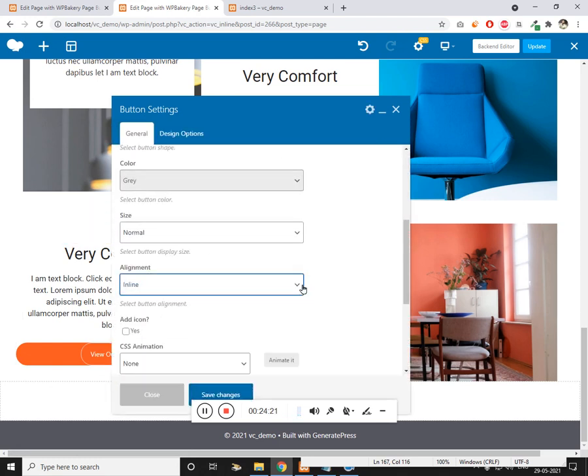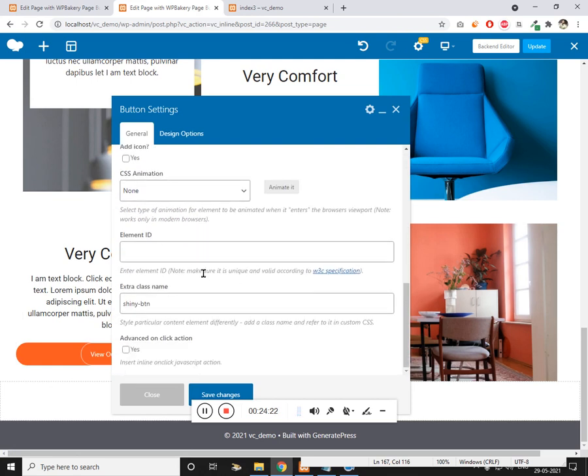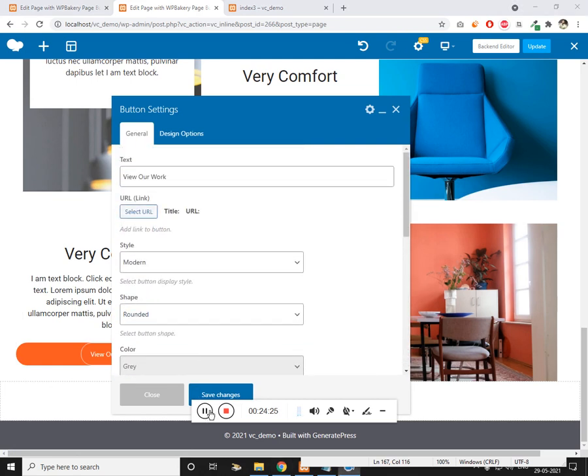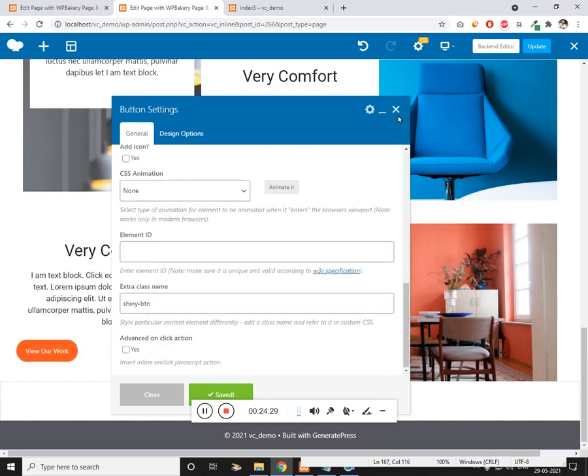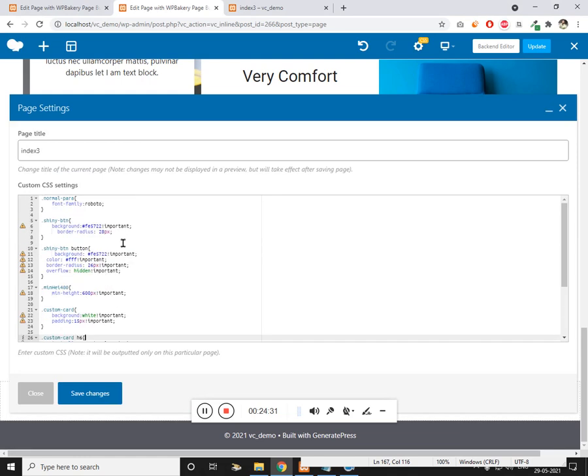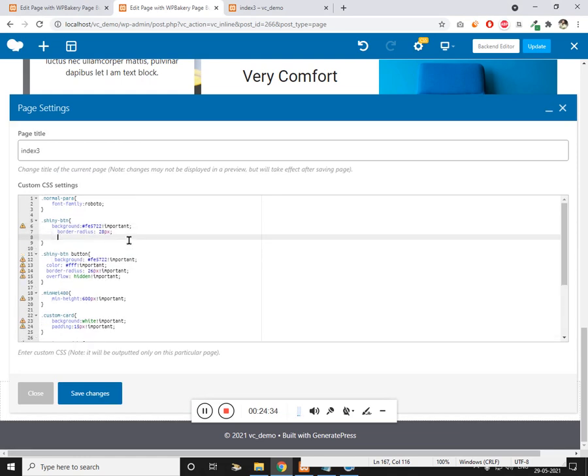Let it be inline. We'll make the internal CSS center, so get into the shiny button and let's give text align center, important. Click on save.